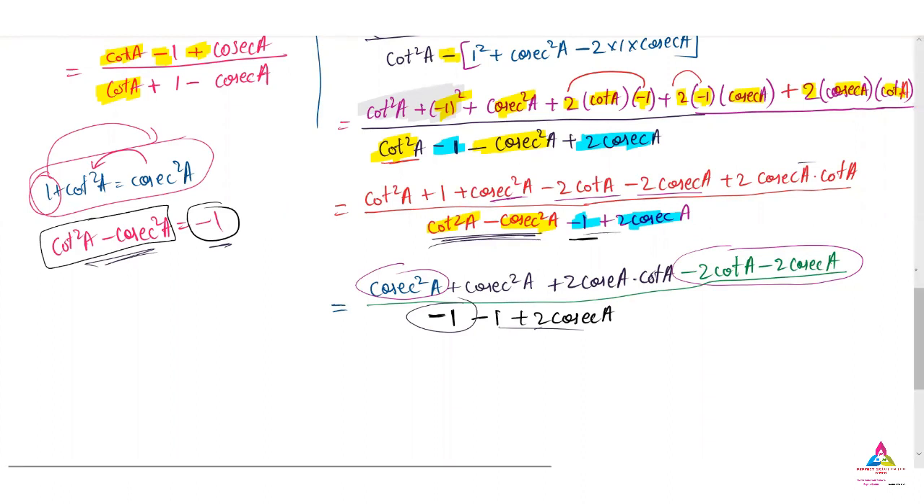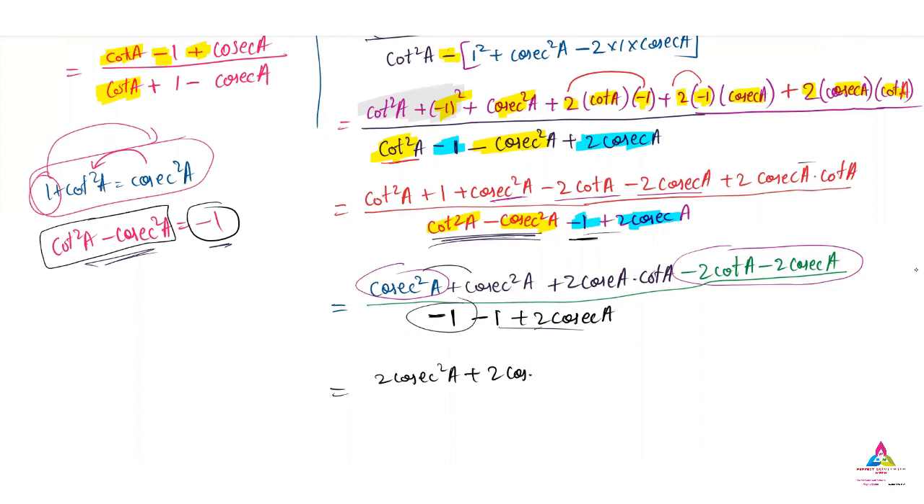Cosecant square A is 2 times cosecant square A plus 2 cosecant A into cot A. I have not done anything now. Here we have minus 2 that can be taken common. So the remaining will be cot A minus minus, already taken common, so it will be plus cosecant A. So I have taken this minus 2 common from both, so it became cot A plus cosecant A whole, divided by